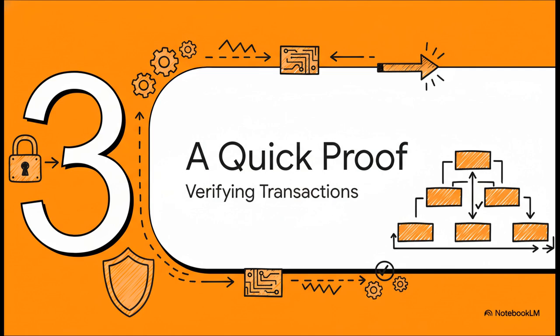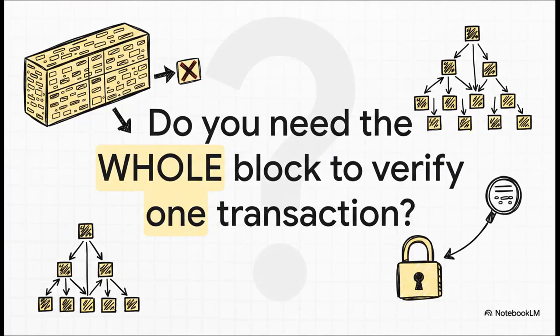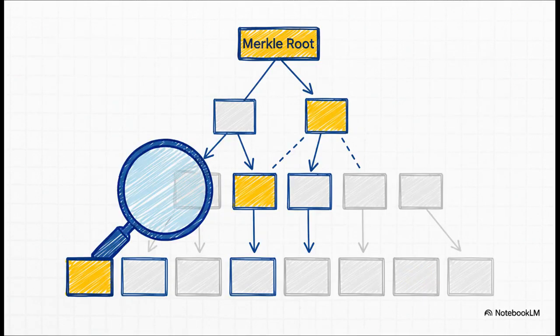Now, this structure isn't just about security, which is cool enough. It's also ridiculously efficient. Let's see how it lets you verify any transaction almost instantly. So let's say your transaction is in a block that has 4,000 other transactions. To prove that your transaction is really in there and that it hasn't been changed, do you have to download and check all 4,000 of them? Thanks to the Merkle tree, the answer is a big,